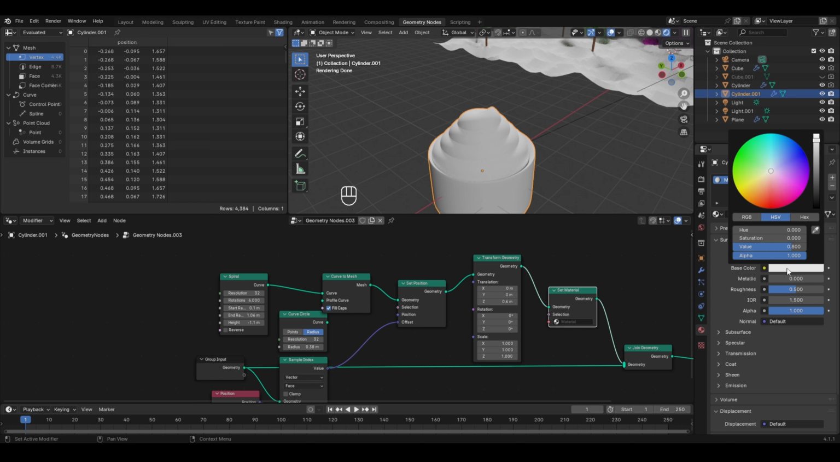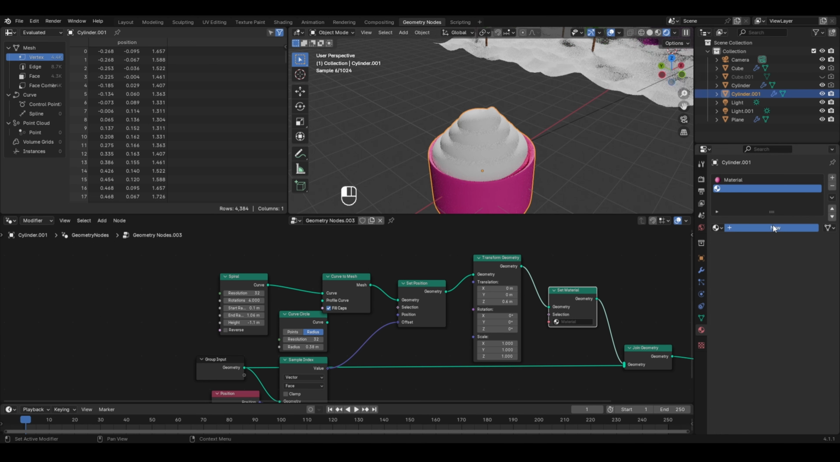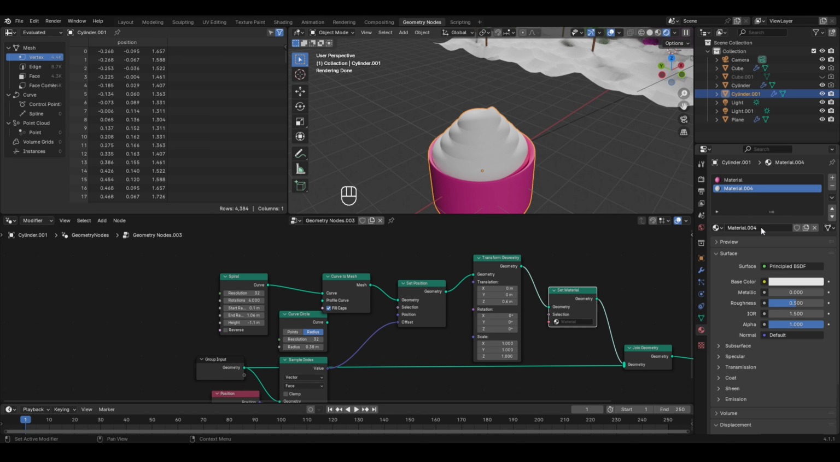So if I go to the base color and try to change the color from here, then that specific color will get applied to this part of the cupcake. However, for the whipped cream part, we need to create a new material again and assign this material.004 with the help of the set material node. So I'll click here and select the material.004. Let us change the color of this material to something like pink, and for the lower part of the cupcake,